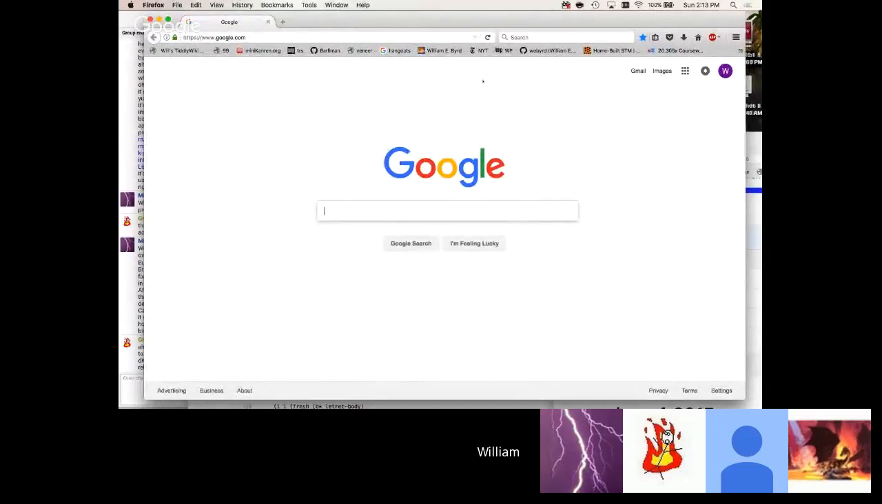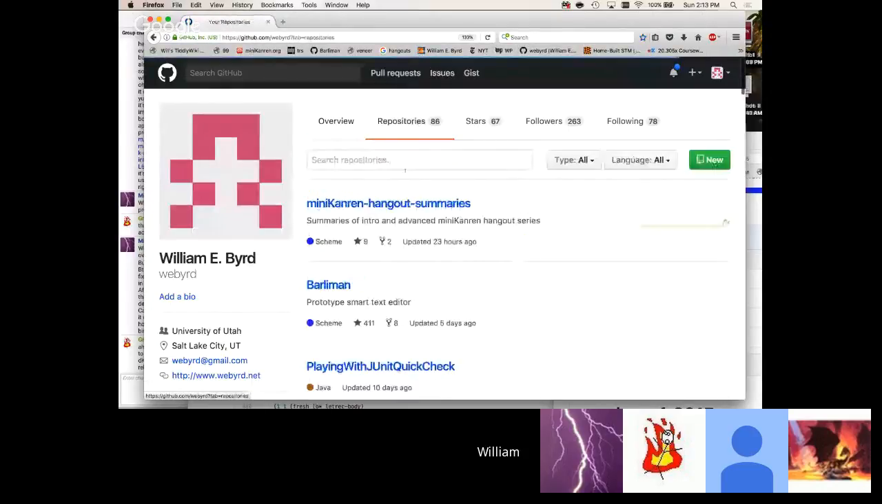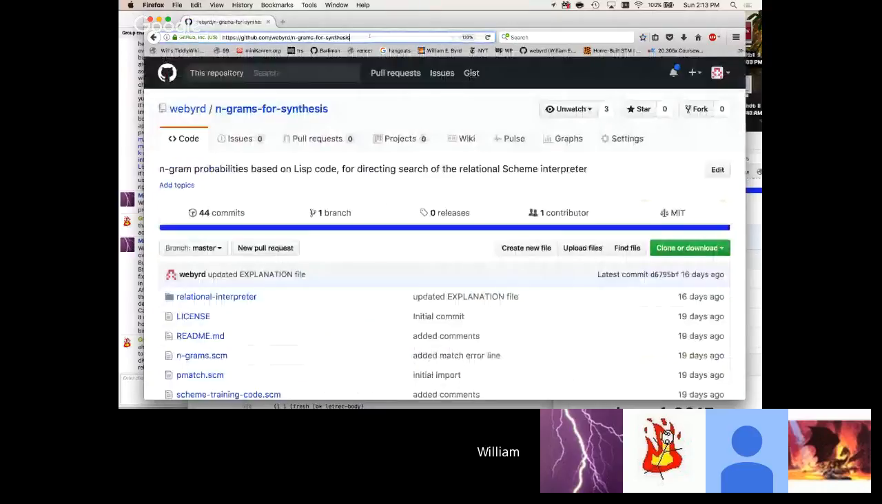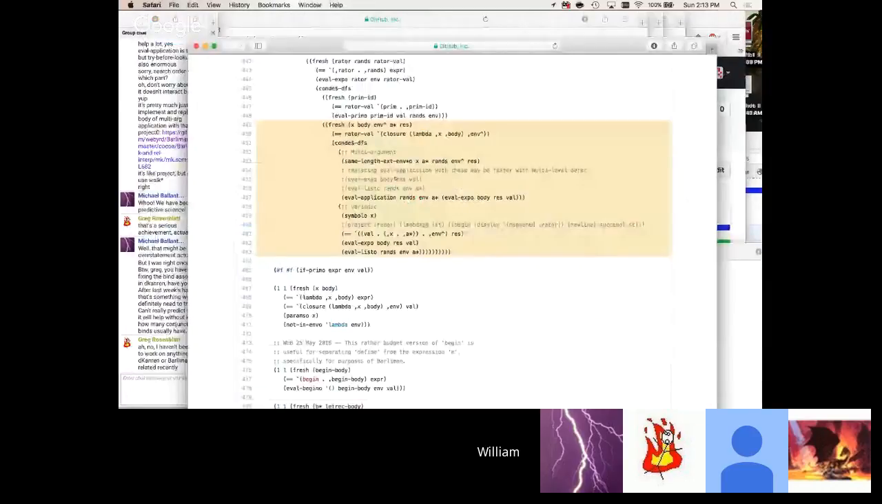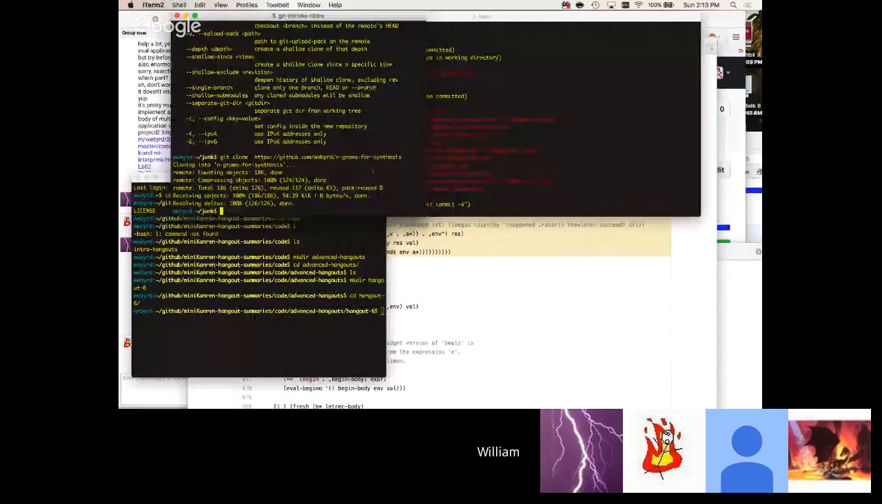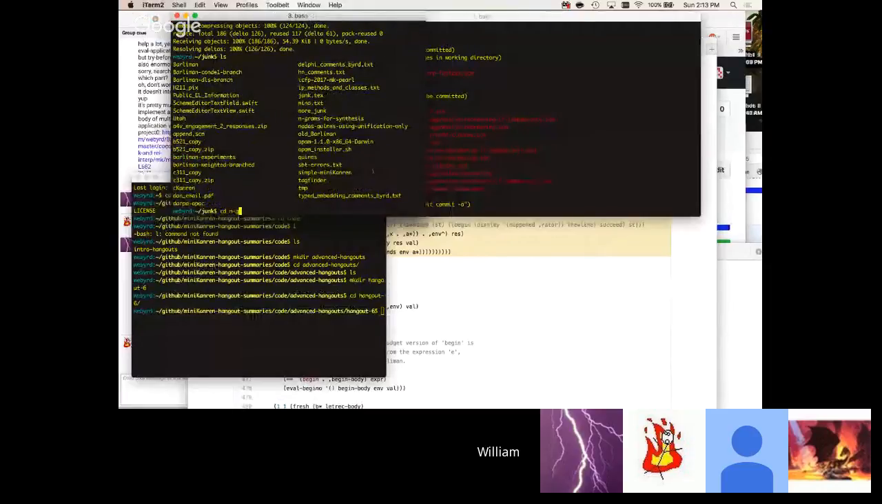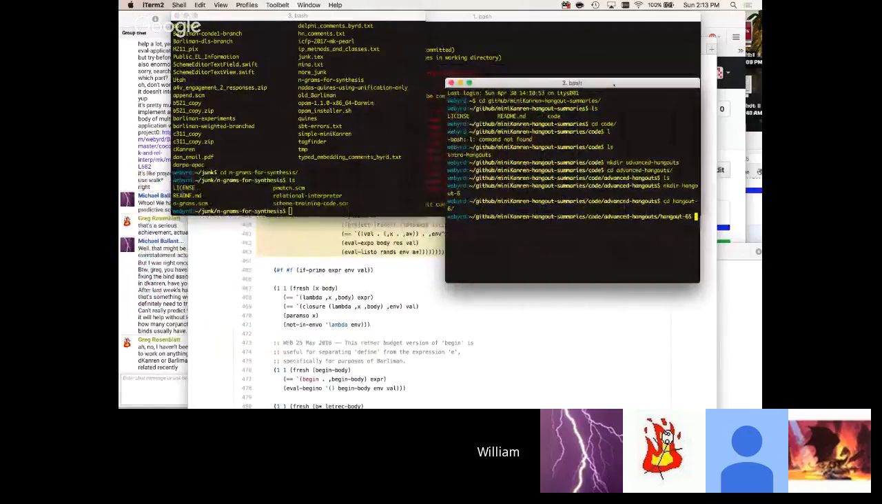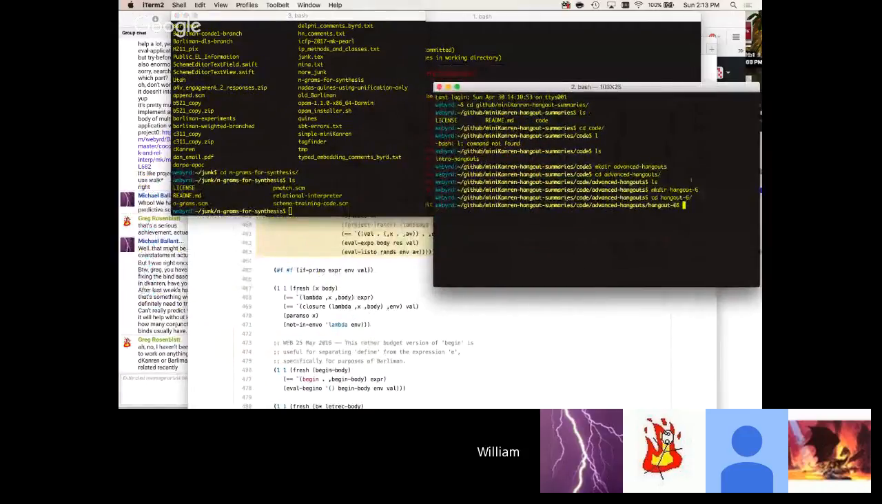And let's see. So I want my ngrams repo. Here we go, ngrams for synthesis. And I'm bad at GitHub. You're about to see how bad I am. So I'm going to clone that into junk. Right. And then, okay. Okay, good. All right. So now what I'm going to do is in my new repo here,